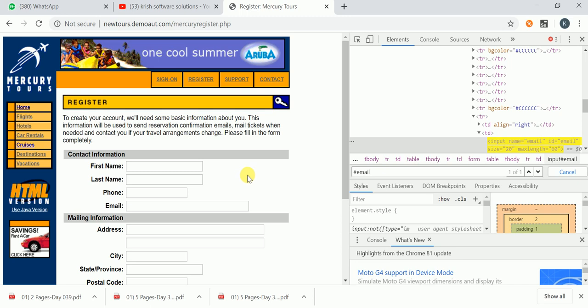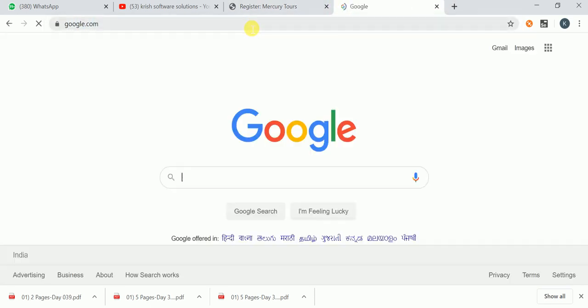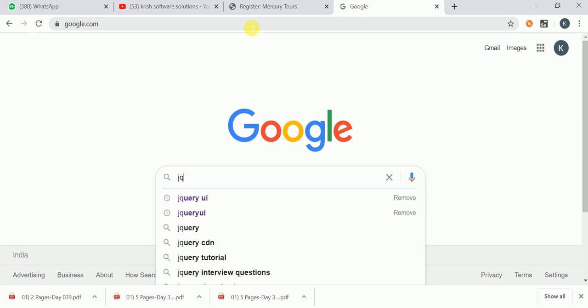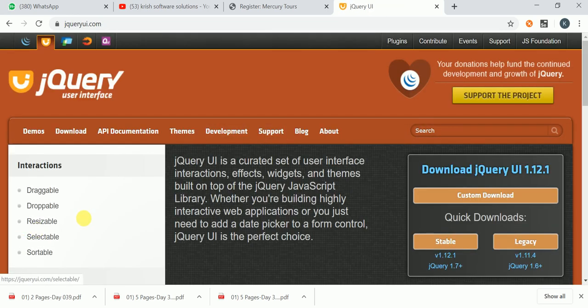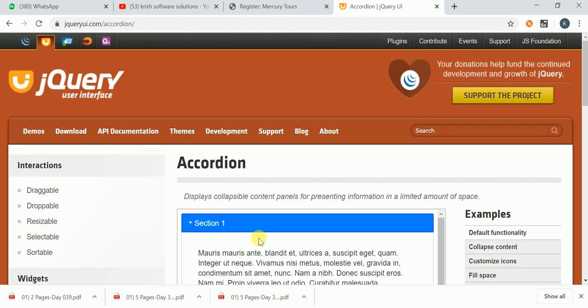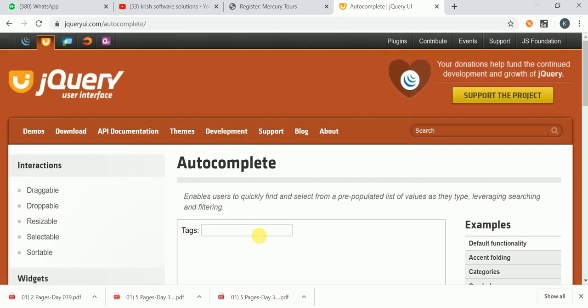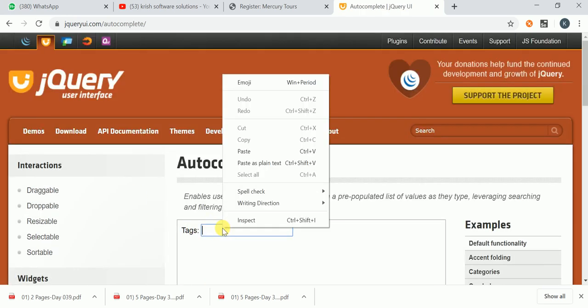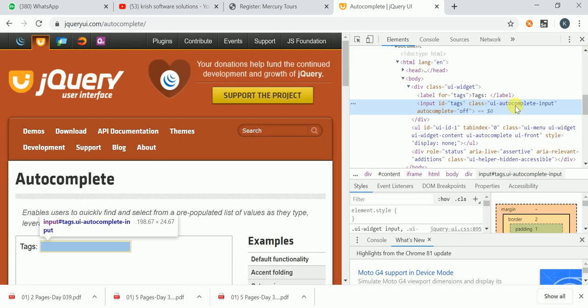Class attribute value. Let me open another site. I'm going to Google. This is the site I am opening. Let me check where the class is there. Okay, I clicked on the autocomplete, inspect it. Let me check whether class is there or not. Okay, this has the class attribute value. So now I want to identify this tag name by using a CSS selector. How can we do that?